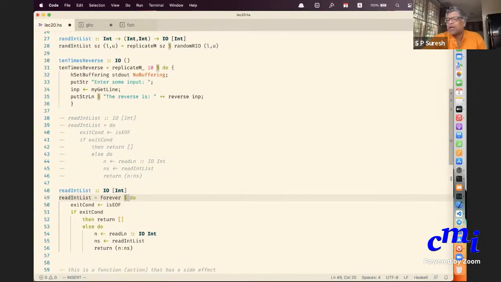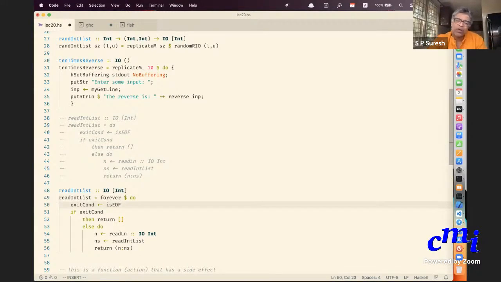Except that there are some other aspects of Haskell that tell you how to exit the forever, because you need a way to exit, right? So forever do this. Exit condition is EOF. If exit condition holds, then exit success.